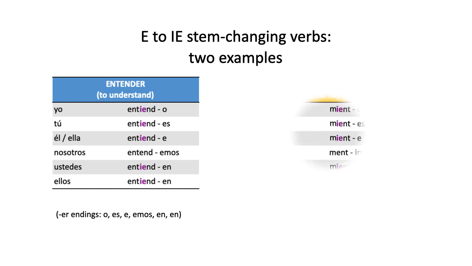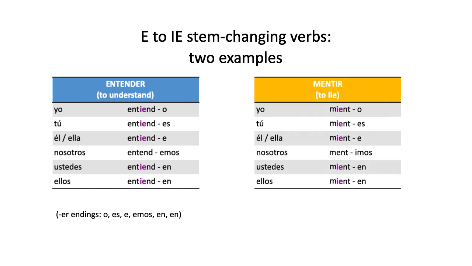Now another very important E to IE stem changing verb, mentir, which means to lie, right? What did I do here? Well, exactly the same thing we've done with the other one, right? Got rid of the last two letters of the infinitive, obtained the stem, applied the changes in the stem everywhere